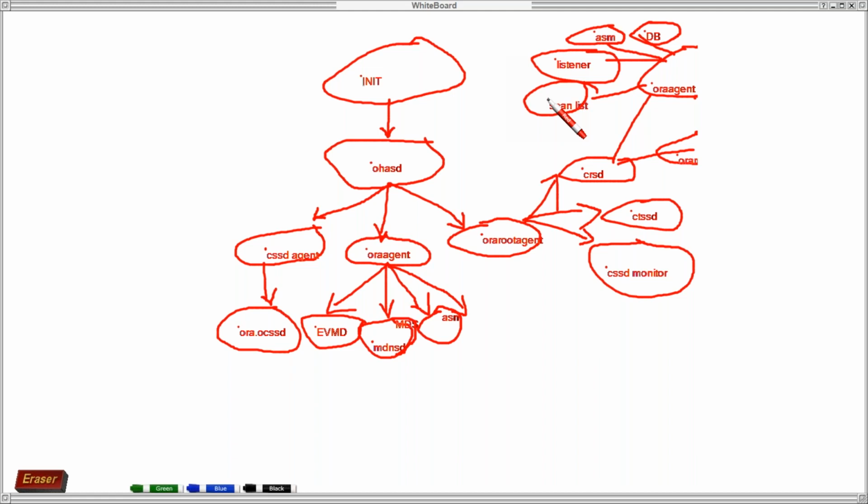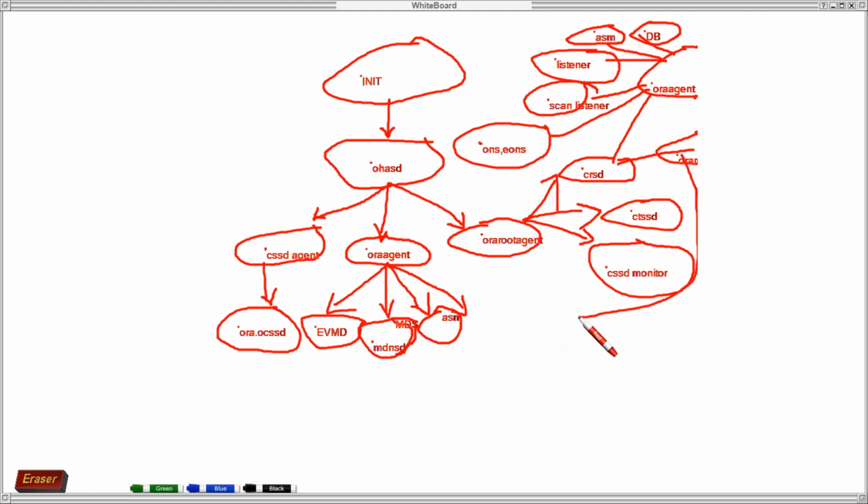Okay, so these four services along with ONS and EONS. So what do you mean by this? ONS means Oracle Notification Service and EONS means Enhanced Oracle Notification Service. Okay, so along with this DB instance, ASM instance, listener, scan listener, then ONS and EONS are being spawned by Oracle agent.